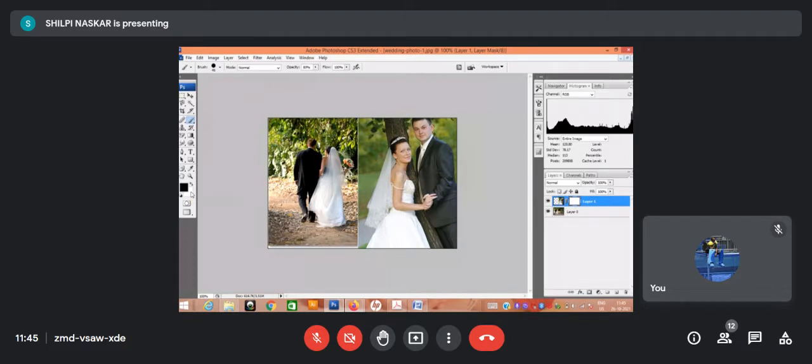If sometimes you are not getting the output, then just flip it. You can flip anytime from here. See, anytime from here, if you can see my screen. Okay. Now next